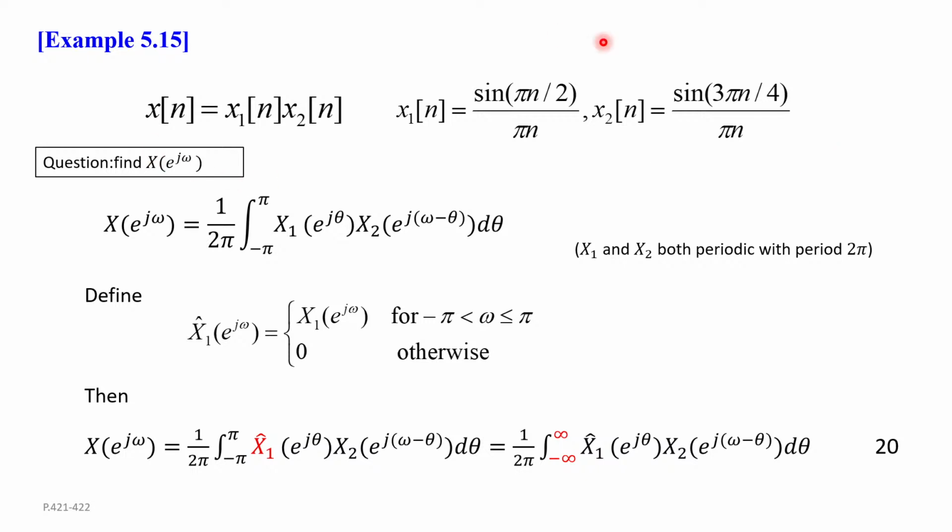So if you want to do this the brute force way, it's going to be very ugly. x1 times x2 is going to be sine times sine over n squared, and it's lots of terms. But instead we can do our convolution formula, and because we have a sinc here and we already know the sinc function corresponds to a square wave in the frequency domain. I guess we didn't do this derivation, don't quite remember, but anyway,